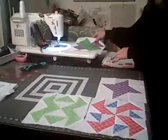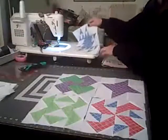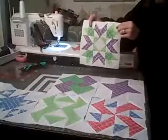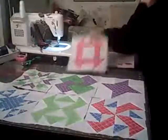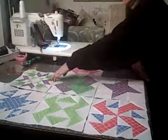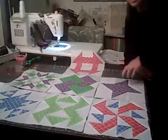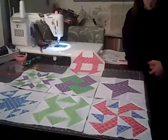And then we have, from the last time, the card trick. Then we have Cat's Cradle, and then the Arizona block, and then Churn Dash. So that's all I've made so far. Again, Yankee Puzzle, Fool's Puzzle, Cat's Cradle, the Arizona block, I guess, is what it actually says, so it's just Arizona for me, Card Trick, Friendship Star, aka Ninja Star, and Churn Dash. So there we have it, guys. So far,